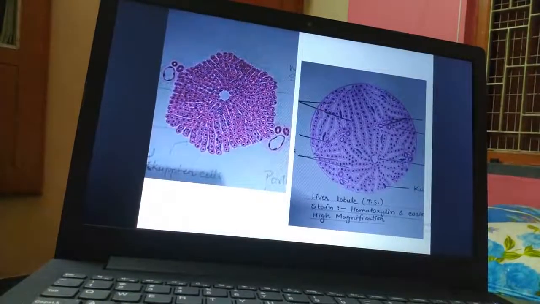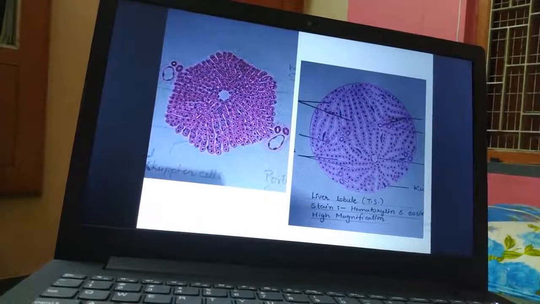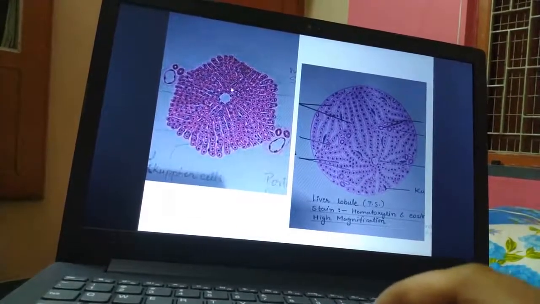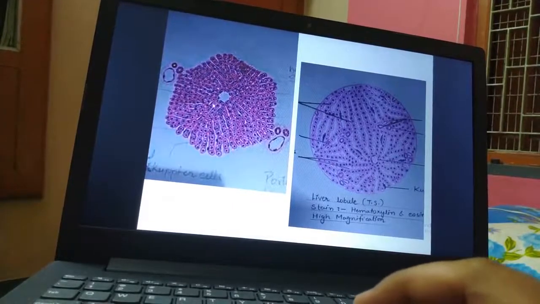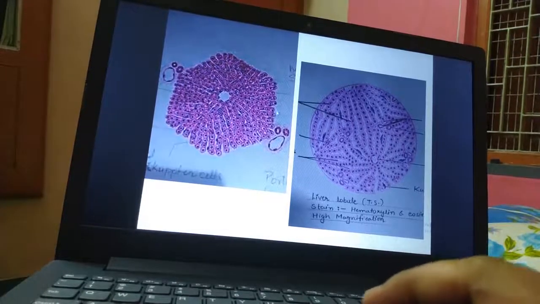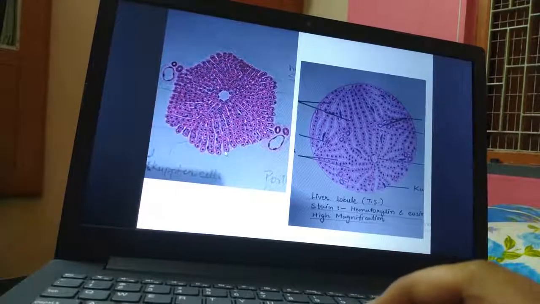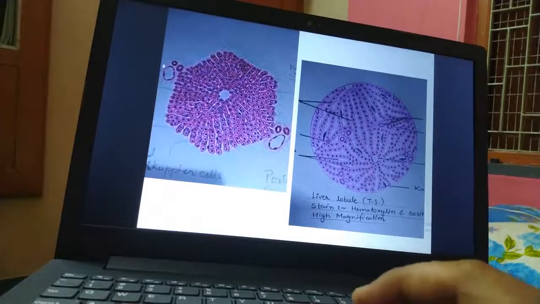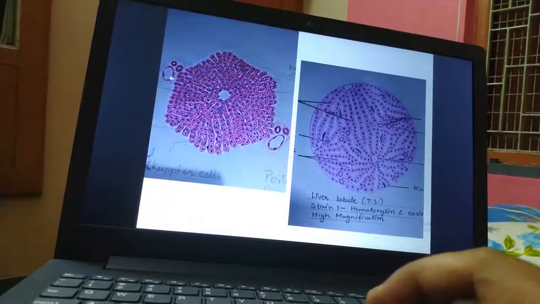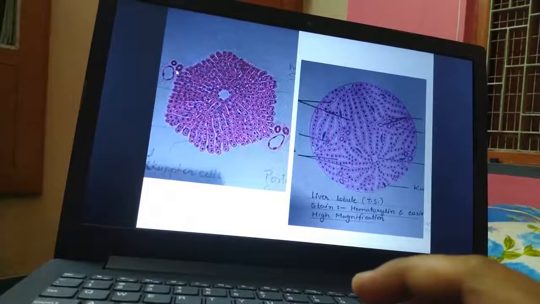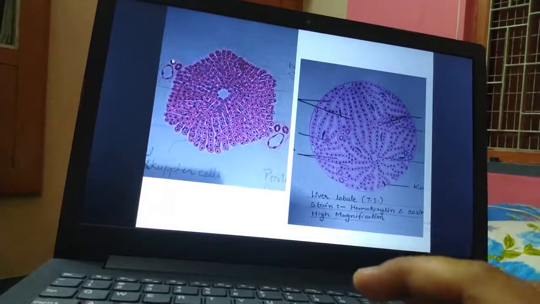So this is about the histological diagram, how you will draw and what features you should mention. First you will draw the central vein, and from the central vein you will draw the polygonal cells as cord-like structures to the periphery. First you will make the diagram in a hexagonal fashion, and at each hexagonal corner you will draw the portal area or the portal triad, made by the portal vein, then the artery and the bile duct, branch of the hepatic artery and the bile duct.